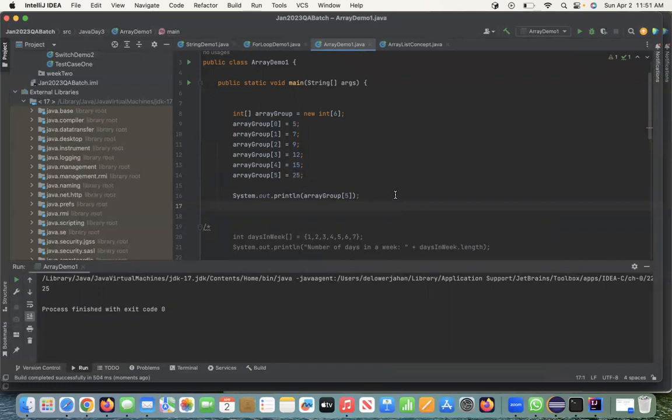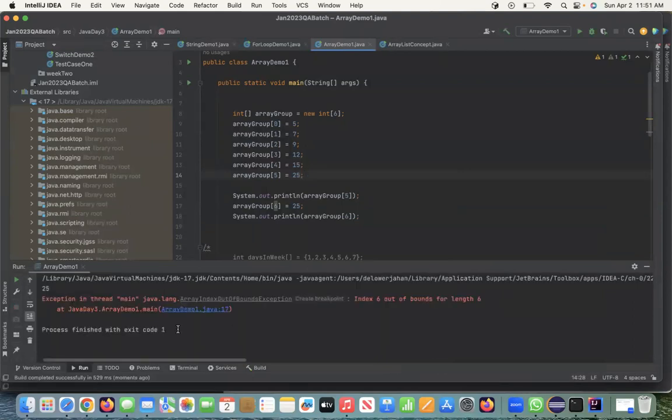So all of a sudden, tomorrow I'm saying I need another box that will be holding 50. If I give 6 and write this line, I want to see 6 instead of 5. So what happened now? If I run this,